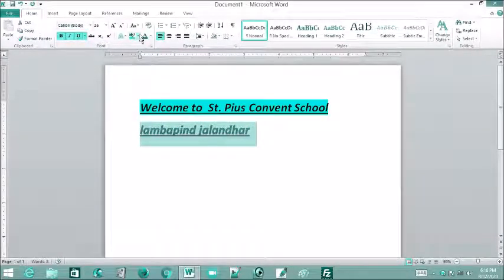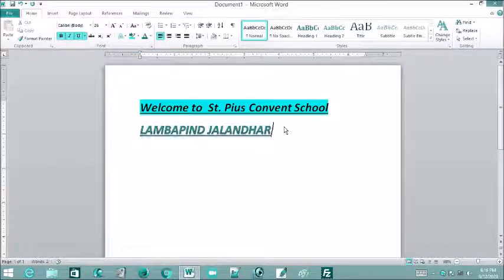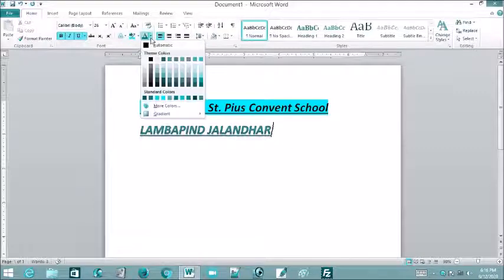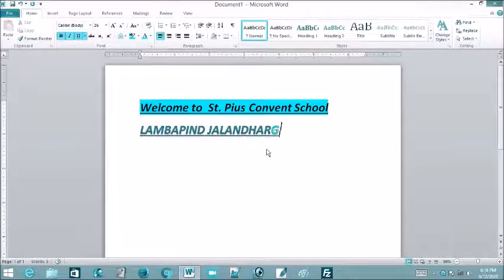We'll make it uppercase, that means capital letters again. See, this is how we have different effects in the Font group. We have some more effects, like more colors are there, text colors. See, I have chosen yellow color, no?